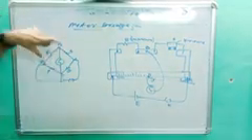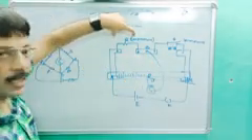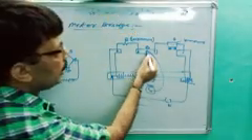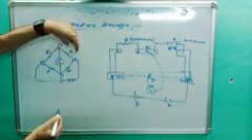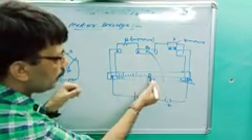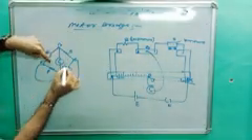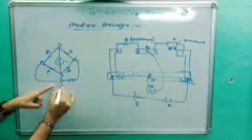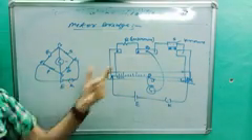Now you compare. See there, between A and B, R is connected. Between B and C, we have connected S. Between B and D, we connected the galvanometer. And between A and C, it is a cell and key. So this is the substitute diagram. So this is called the meter bridge.